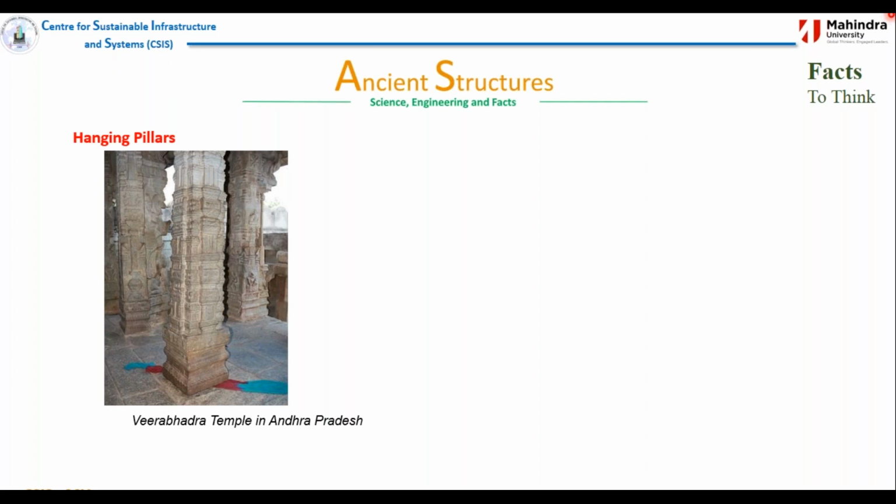Now we know that in the current scenario, we always have our columns to transfer the load to the ground. But what could have been the reason? Was it the settlement of the foundation? But if it was the settlement of the foundation, there should have been other pillars as well. So was it actually designed in such a way to tell something else on this hanging pillar about the nature